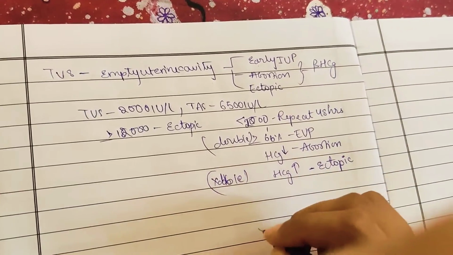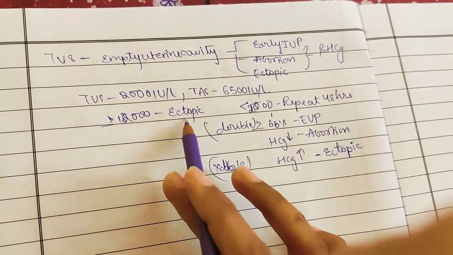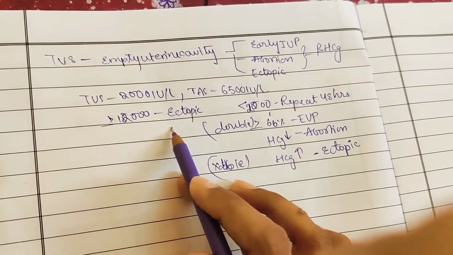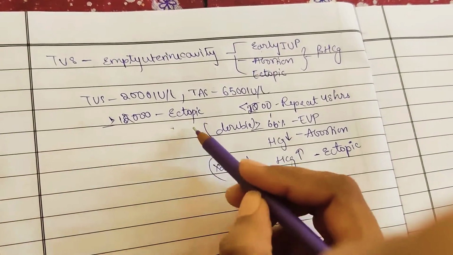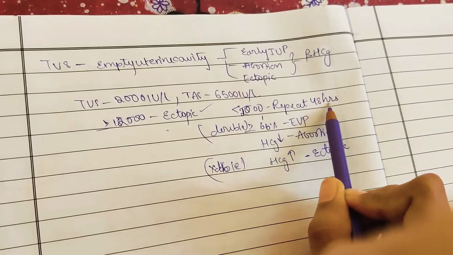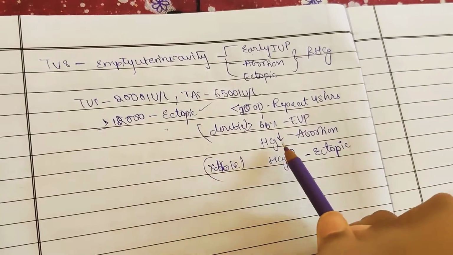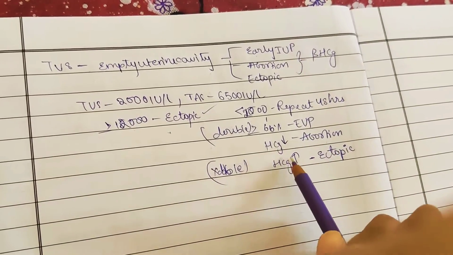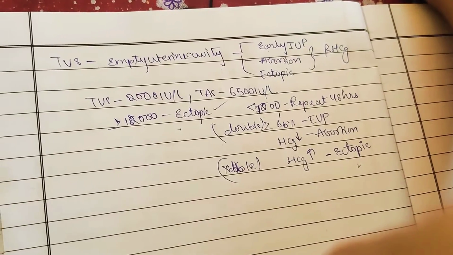So these are the things which you need to observe. Directly, if the value is greater than 2000, you can confirm it as ectopic, because the value is 3000, but still the uterus is empty, so you can confirm it as ectopic. But if the value is less than 2000, you need to repeat after 48 hours, and if it doubles, then it is early uterine pregnancy. If HCG is dropping, abortion. If HCG is increasing but not doubling, then ectopic. So this is how you need to